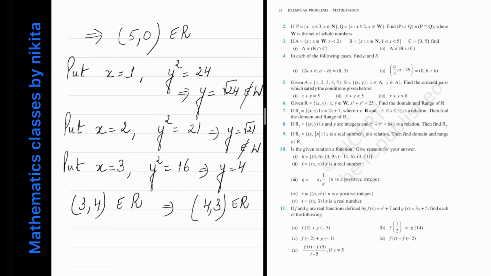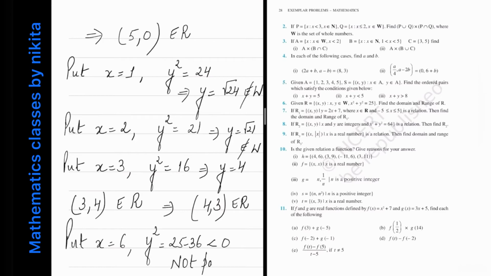So basically you will get that if x equal to 4, then y will be 3. Okay. So I can omit that. What happens if x is equal to 5? This we have already found. Now what happens when x is equal to 6? Now if x is equal to 6, you will get y square is equal to 25 minus 36, which is less than 0, so not possible. So I will not take the values greater or equal to 6.